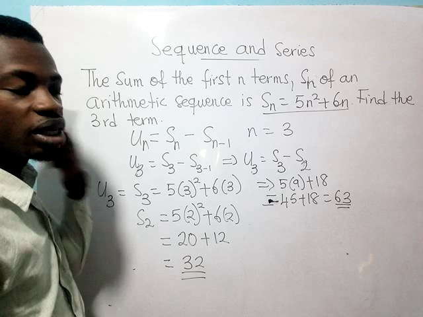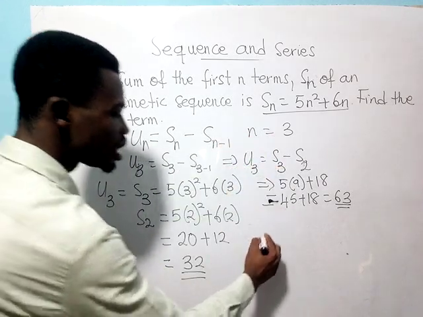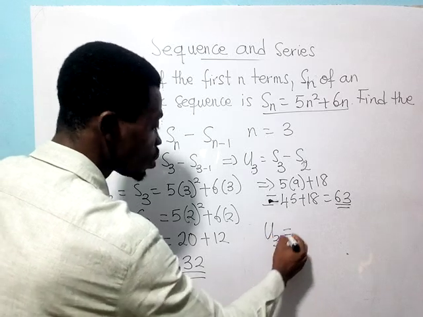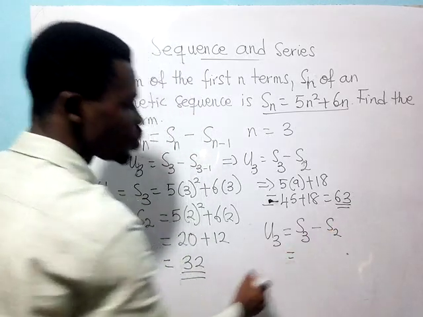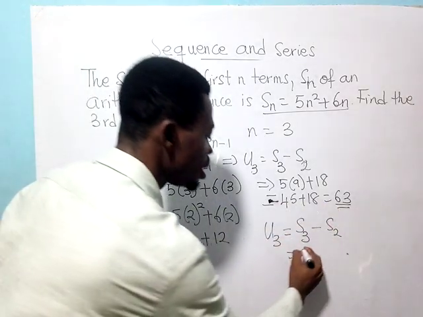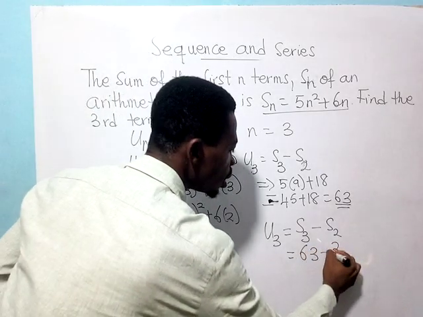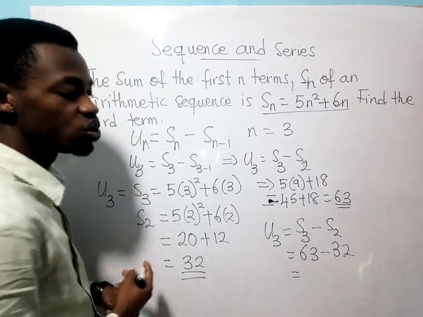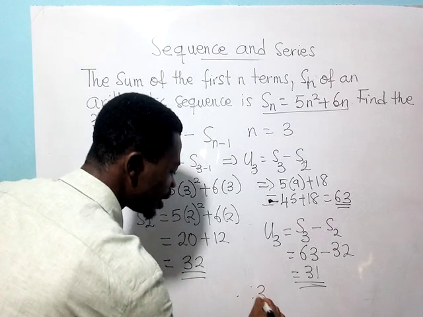Let's go back to our original formula. In another video, we'll prove this. So we said that our u3 is equal to S3 minus S2, where now our S3 is 63 and our S2 is 32. And now 63 minus 32 is 31, which means that our third term